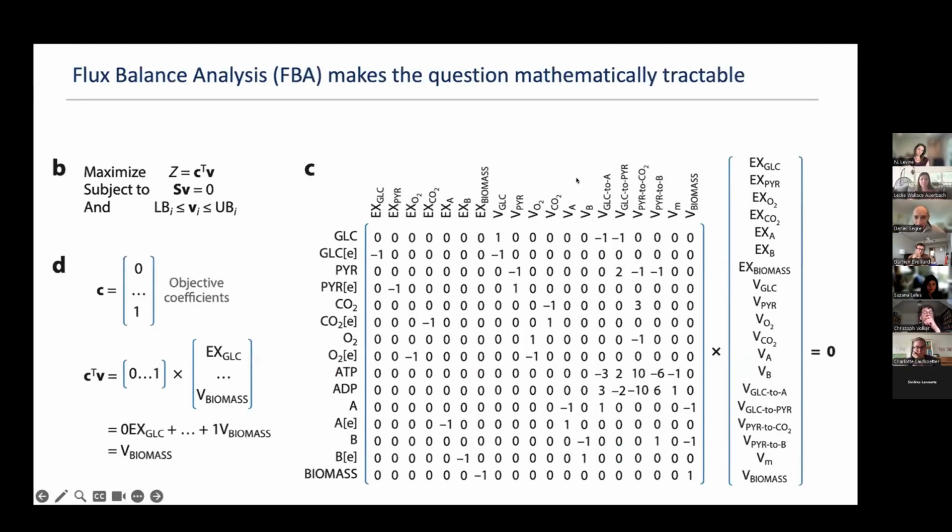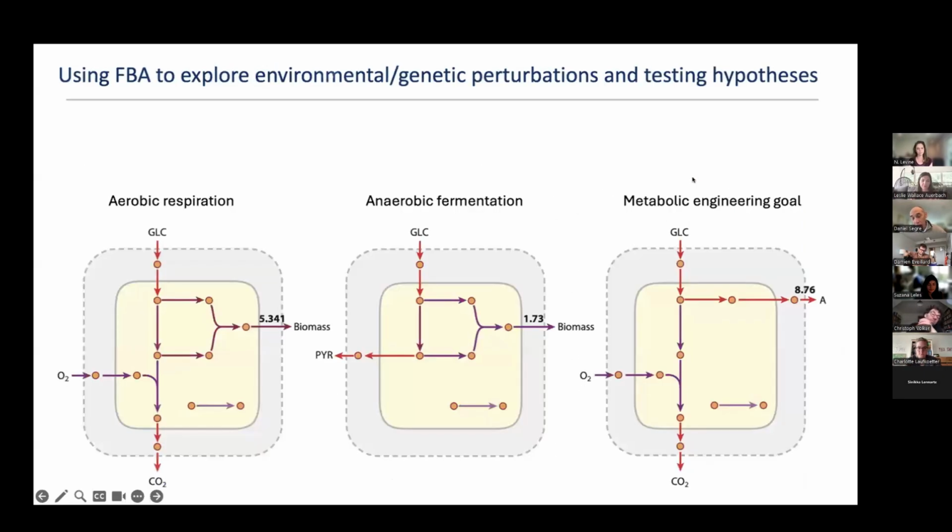This is, sorry, the same stoichiometric matrix for this slightly more complicated network. So you can imagine how messy this becomes for real networks, but it is a matrix, right? It's a formal representation of metabolism. This is actually very important. One can solve this problem and ask questions such as, given a certain amount of glucose and oxygen coming in, what is the maximal amount of biomass that can be produced?